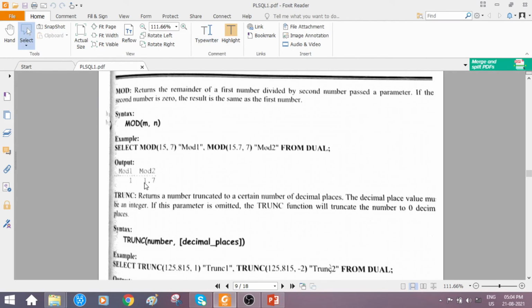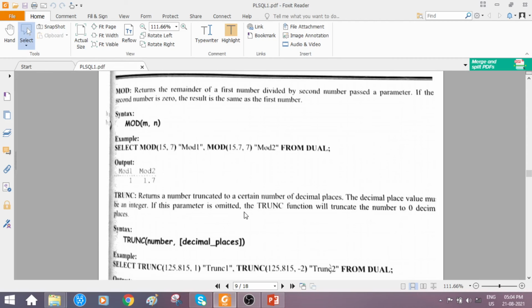Here the output shown is wrong, student. For mod of 15.7 comma 7, I think the remainder will be 1.7, right? Yes, here this is wrong. So evaluate yourself.